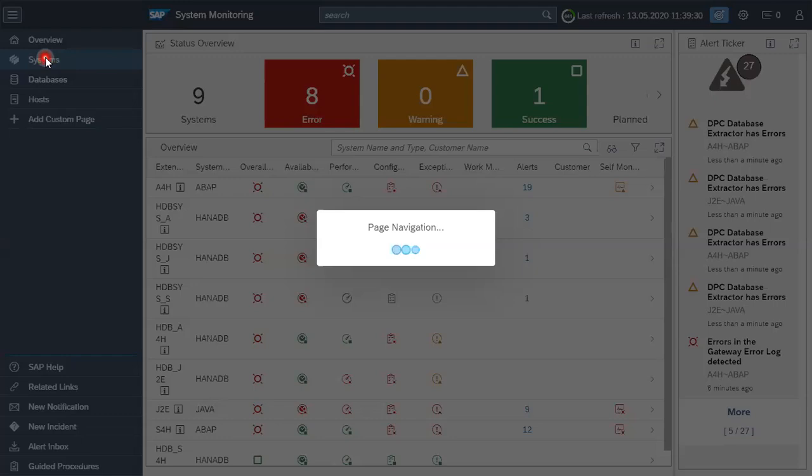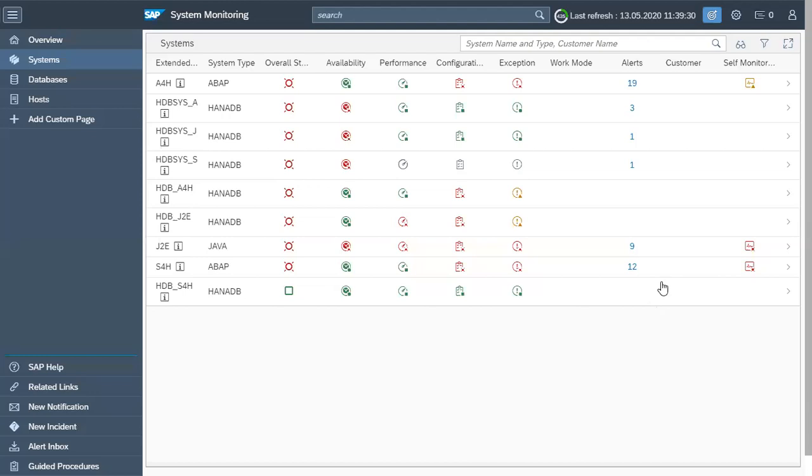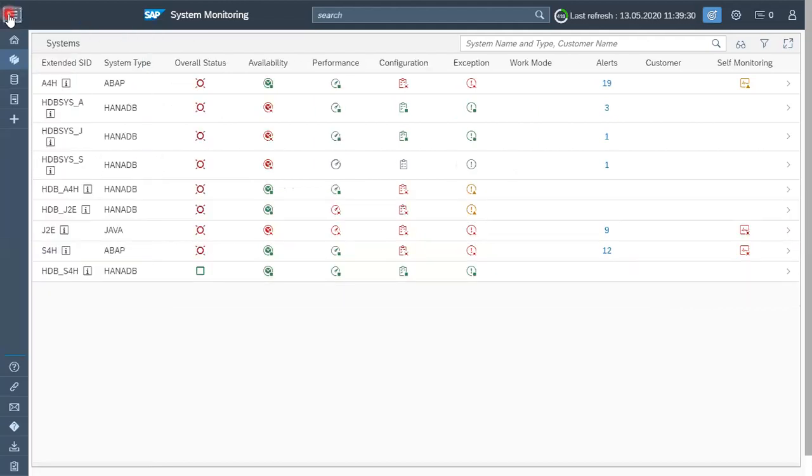It takes a bit of time. So now we can see that we have got it, and if you click on this icon once again, the page can be expanded.